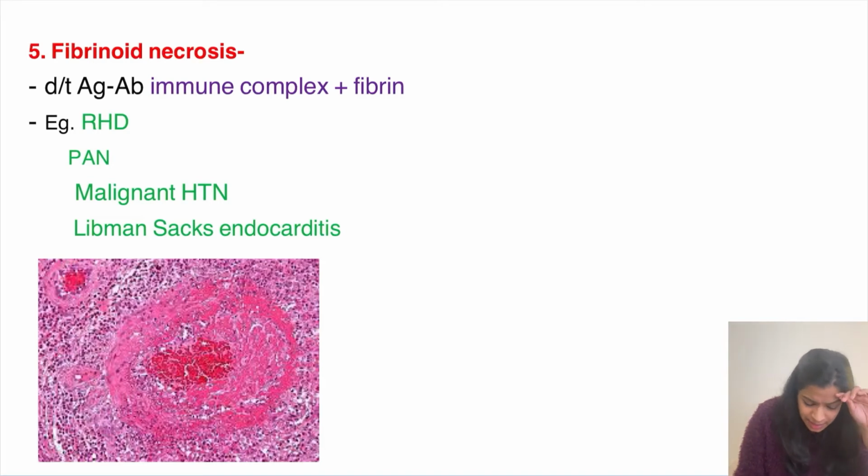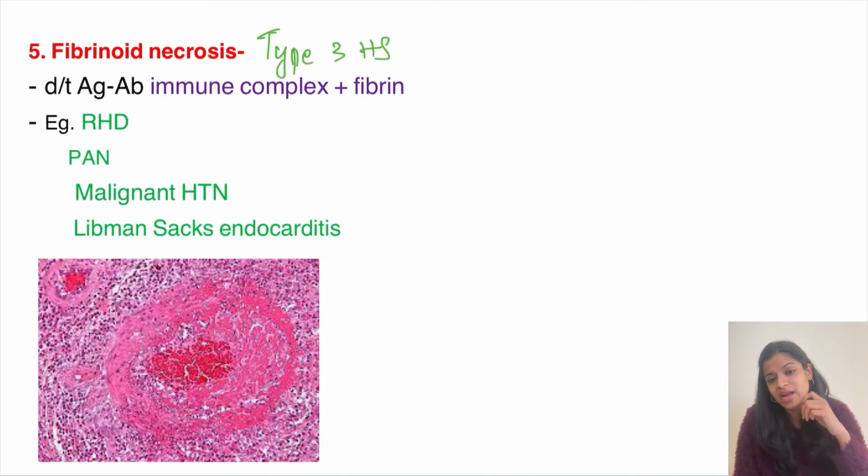So it happens characteristically in type 3 hypersensitivity. Did we read about any other hypersensitivity in this video? Yes, right. In type 4 hypersensitivity, there was granuloma formation, and that was seen in the caseous necrosis, TB granuloma we saw. So this fibrinoid necrosis is seen characteristically in type 3 hypersensitivity, where there is the formation of this